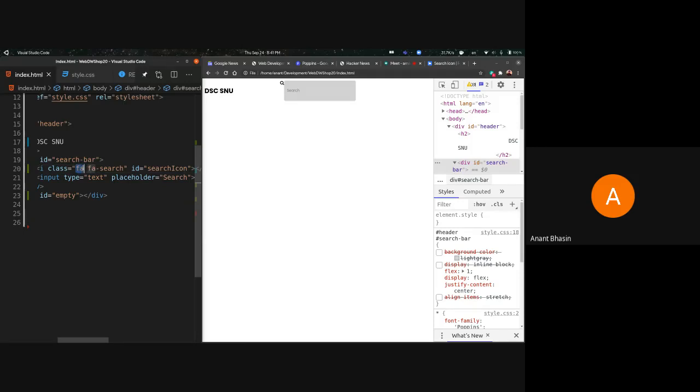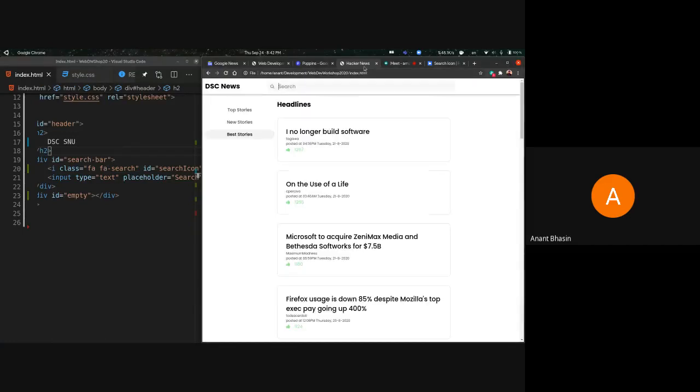So we give it a class of FA first, and then a class of fa- whatever icon we want to use. FA tells it to actually style this element, and fa-search gives it the exact icon we want. So that's all I've done till now. Ishit can now start with actually styling this to show up how it shows up over here.